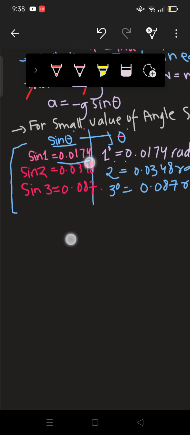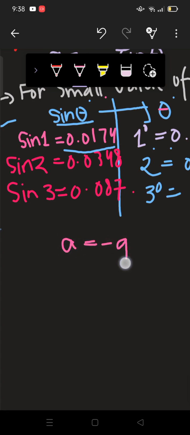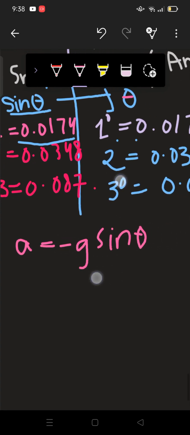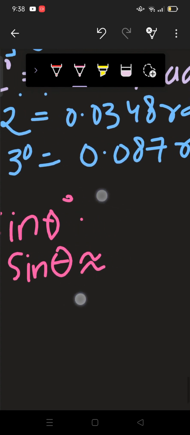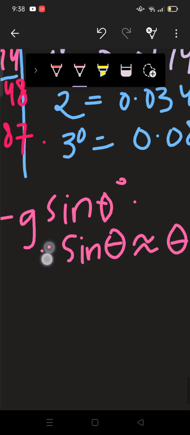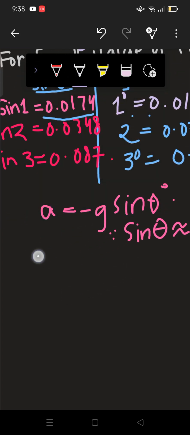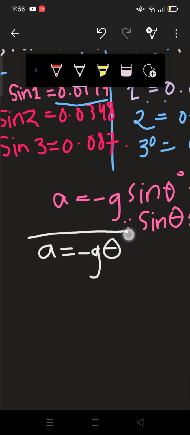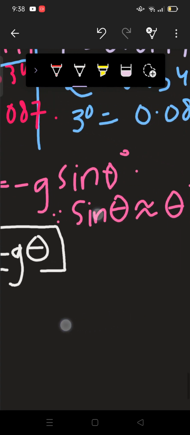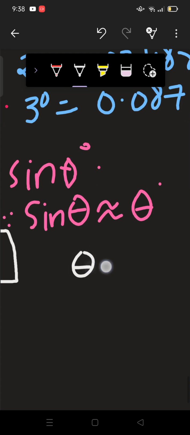Okay, so now, a is equal to minus g sine theta, and we already learned that for small values, sine theta would be approximately equal to theta. So let's substitute this value. a is equal to minus g, instead of sine theta, we have now theta. So this is the formula for finding the expression, but we can actually get more from it,